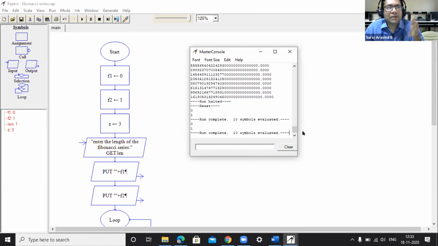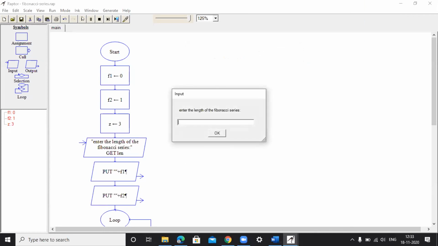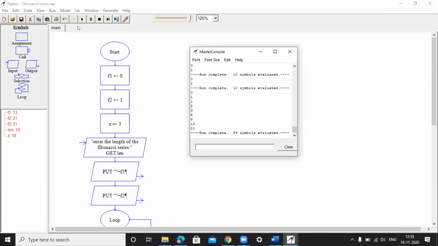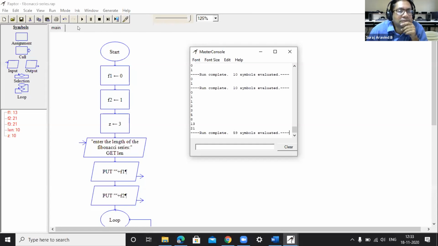No, the infinite loop we are able to overcome now. The rest of the things I think Niyati can work out. Now give some other value instead of 1, give 10. Yes, sir. So are we getting 10 symbols? 1, 2, 3, 4, 5, 6, 7, 8, 9 only. Maybe you can work it out. Now that you have understood where the error is, you can modify it to get the output as required.